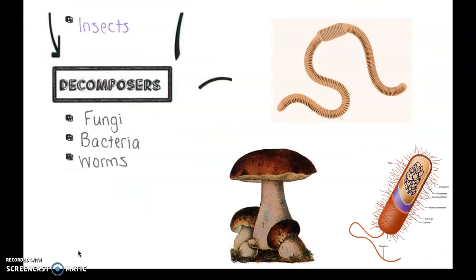They're decomposed, right? And our decomposers are fungus. So funguses are mushrooms, mold, and yeast. So they decompose things. And then our bacteria, which also decompose things. And then our worms, our annelids, or there's another word, starts with an H, but I can't remember it, but worms is what you need to know. So those things are going to decompose the dead organic matter, whether that be plant or animal,